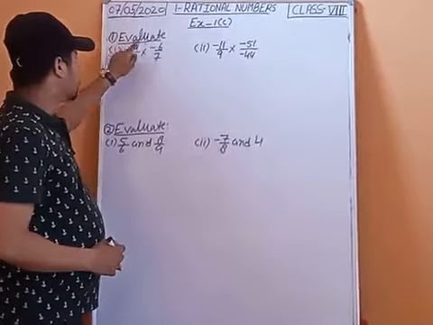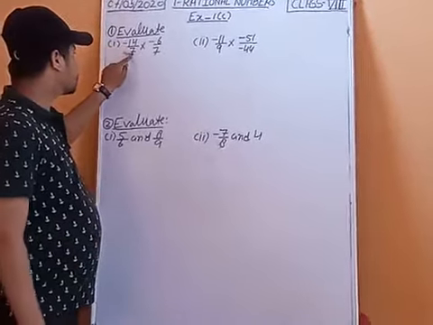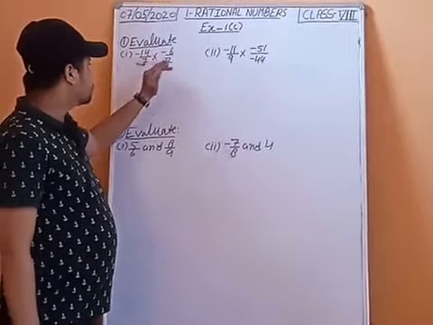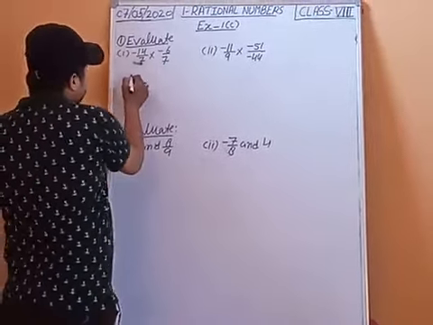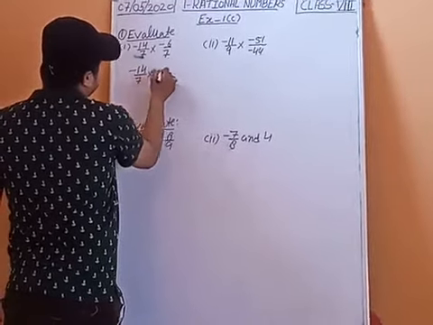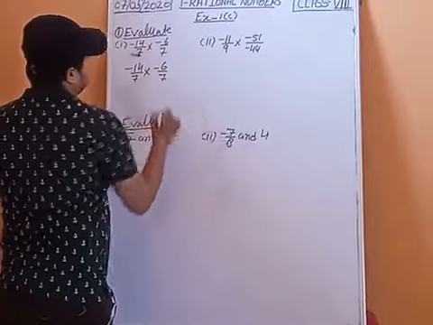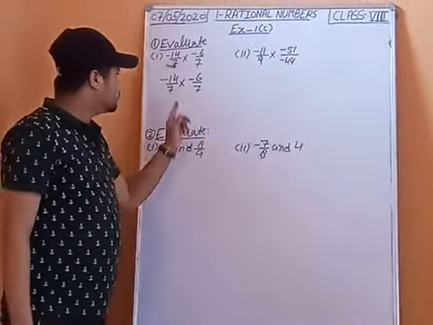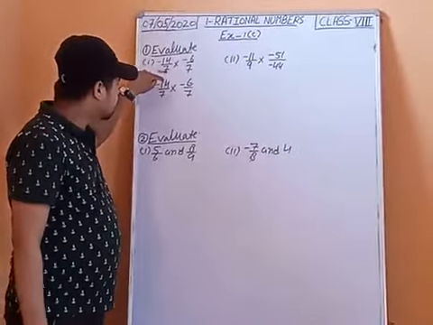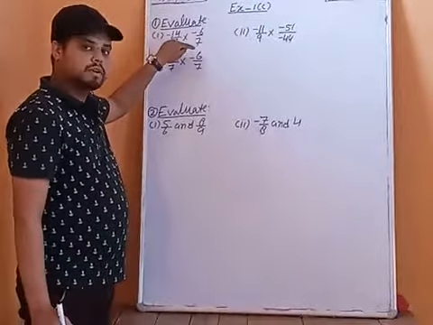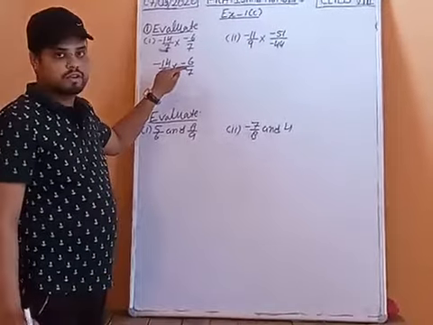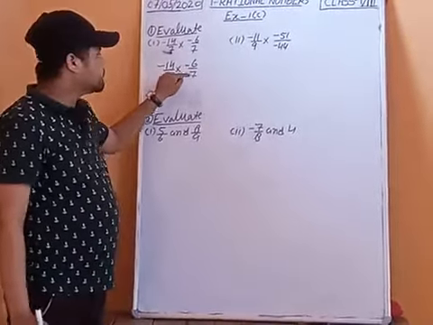So first is evaluate. First part: minus 14 upon 7 multiply minus 6 upon 7. We will do this multiplication. So first we will note down as it is: minus 14 upon 7 multiply minus 6 upon 7. We have to remember this in these sums. We can divide this number and this number by the same number, we can divide or cut by the same number. We cannot cut 7 with the 7 because they both are in multiply.